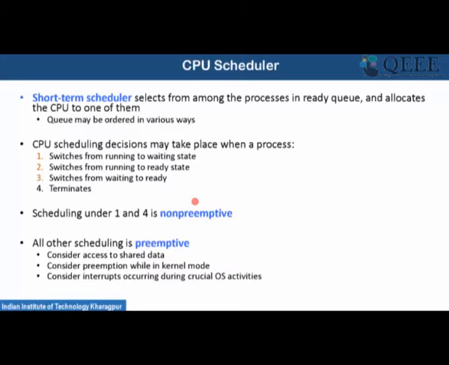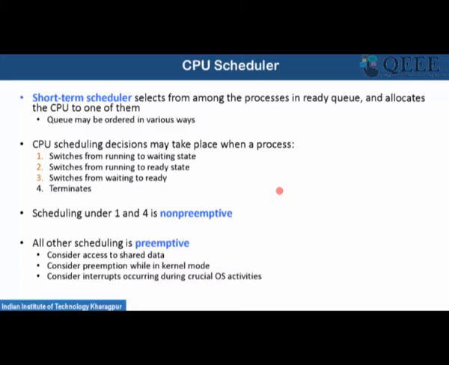Let us first be clear about what is meant by preemptive scheduling, then non-preemptive will be clear to you. In preemptive scheduling, consider the case of an interrupt. You are running a process, and during that time you send some interrupt from your keyboard, like pressing Control C or Control Z. Based on that, it can be a software interrupt or a hardware interrupt.